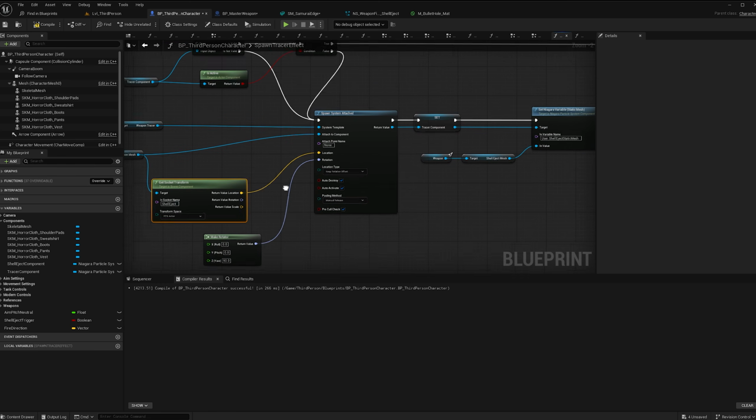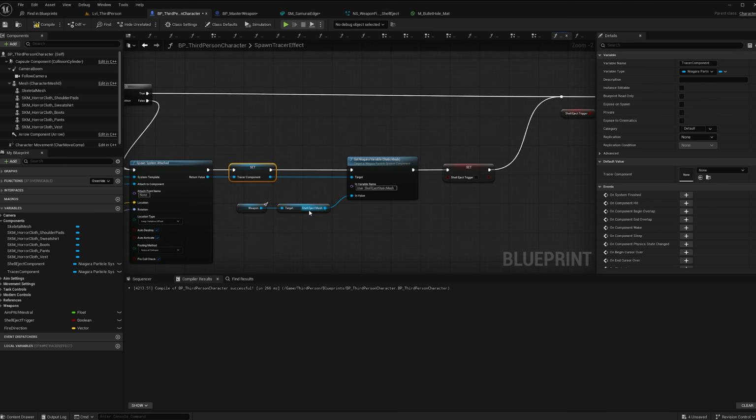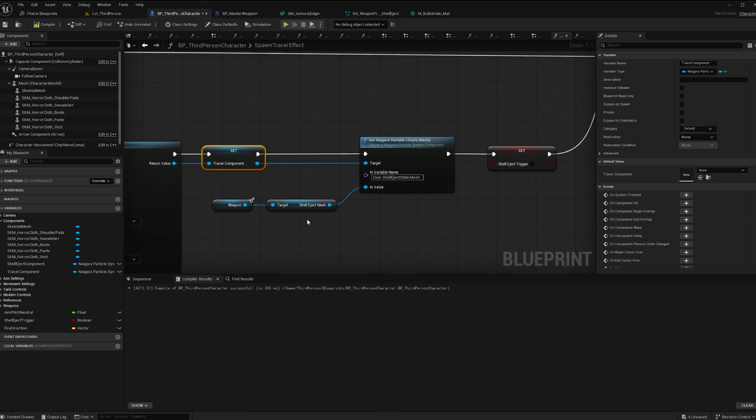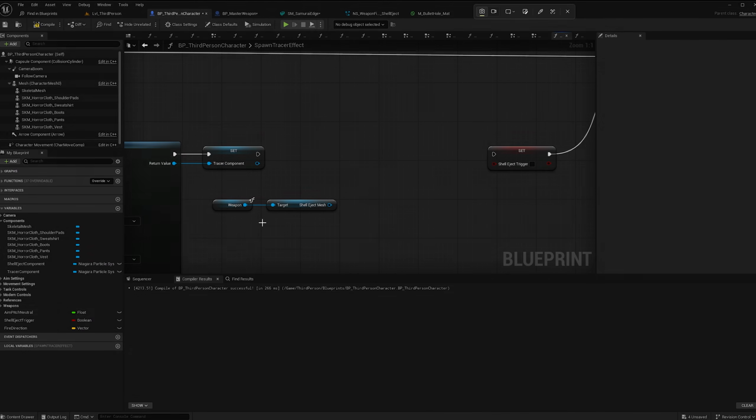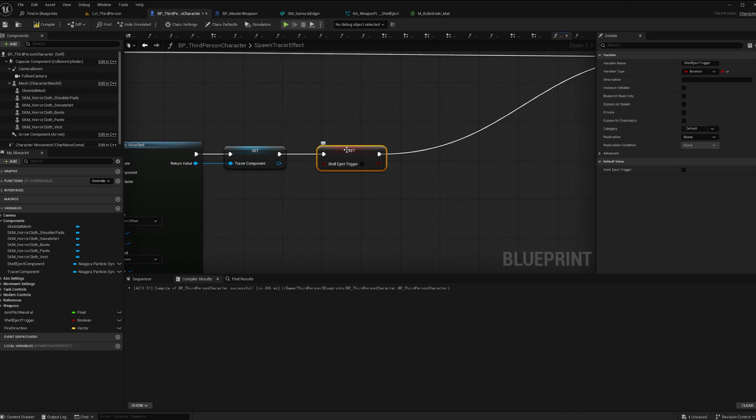Our shell eject socket we still want to rotate it by 90. We're setting our tracer component. And then this won't have setting a mesh here because it doesn't use a mesh, so we're just going to delete that and hook right up into our, right now it's shell eject trigger, but we need an equivalent for